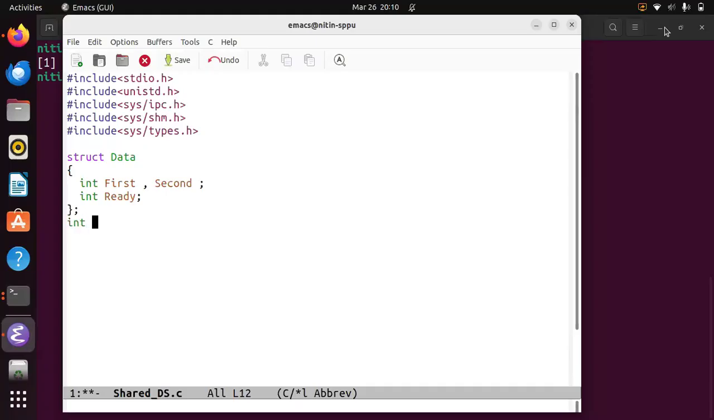So let me write int main, then curly bracket. Let us create a key, because this would be required for shared memory access. I'm setting the key as 1234. Now let me create the shared memory. So how do I create it? int shmid equals shmget, the standard function which I would be using. I will write key, then sizeof our structure, struct data,